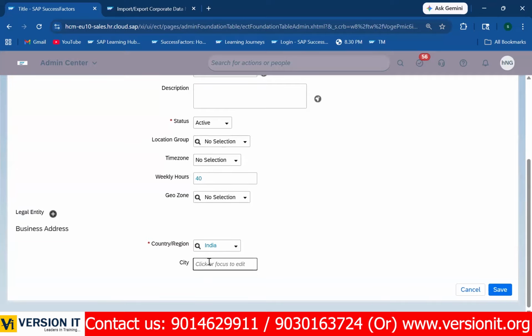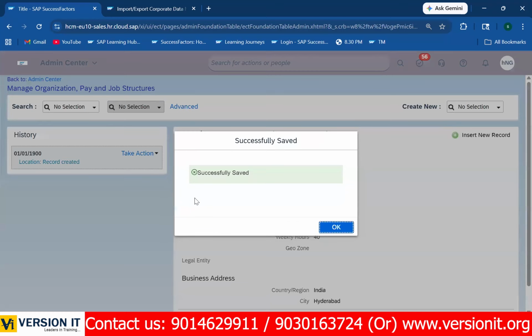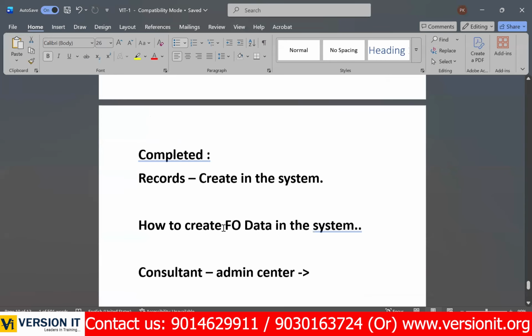And the city, it's Hyderabad. Okay. And I'm saving it. For example, in a Hyderabad location, Matrix company, in a Hyderabad location,